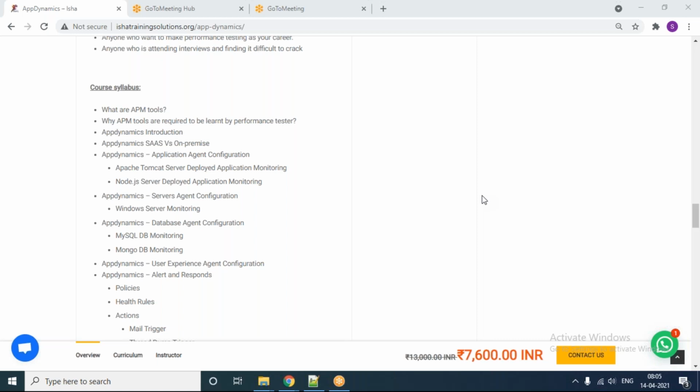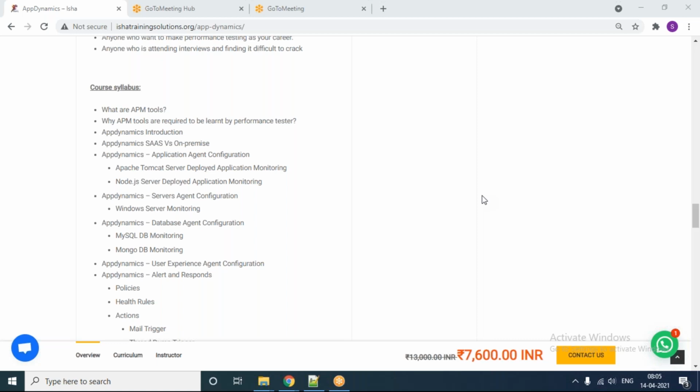You are not spending much time doing the investigation itself. Okay. So what is that expectation? You should do your investigation very quickly, identify your bottleneck, and then identify the solution to overcome that issue. Quickly redeploy your fixed code. Everybody is expecting it this way. So for that purpose, you need to use these APM tools.